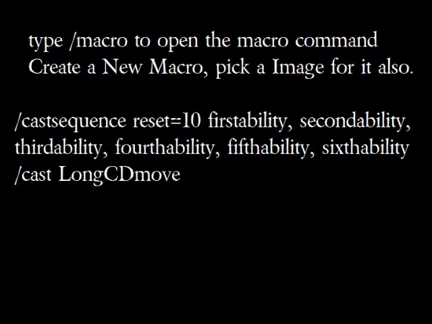Now, okay, so castsequence reset, what that does is it resets your macro according to not hitting the button that is triggered to that macro within that many seconds. For this, we're using 10 seconds. 10 seconds is a great example. So please just type in castsequence spacebar reset=10. Now there is no space between reset, the equal sign, or the 10. There is absolutely no space in those 3 words and letters. There is a space after you do the number. So if your number is 10, you got to hit the space bar, and then you are going to type